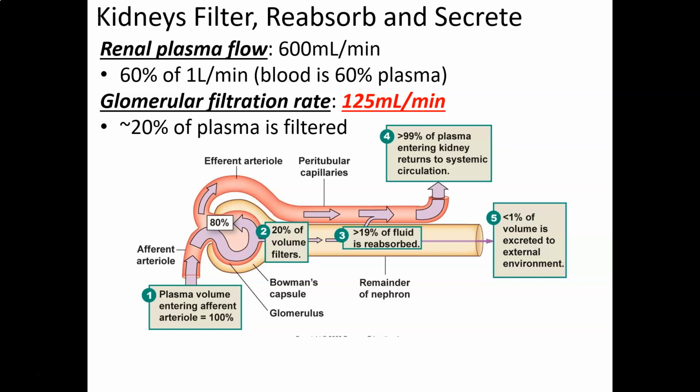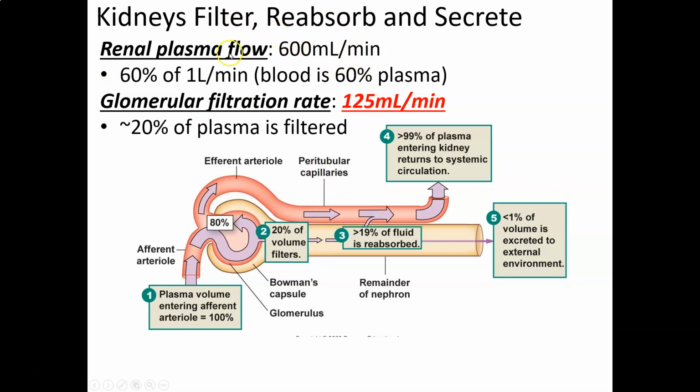one of the things I also want to talk about is 9.2 of Fox, and we're going to hit this similar idea in lecture as well. But I want to talk a little bit about what we call clearance, okay? And in 9.2 of Fox, that would be the BUN, or blood urea nitrogen, clearance, all right? So when we look at the kidney itself and how much blood goes to the kidney, let's do a quick little math. So remember, the